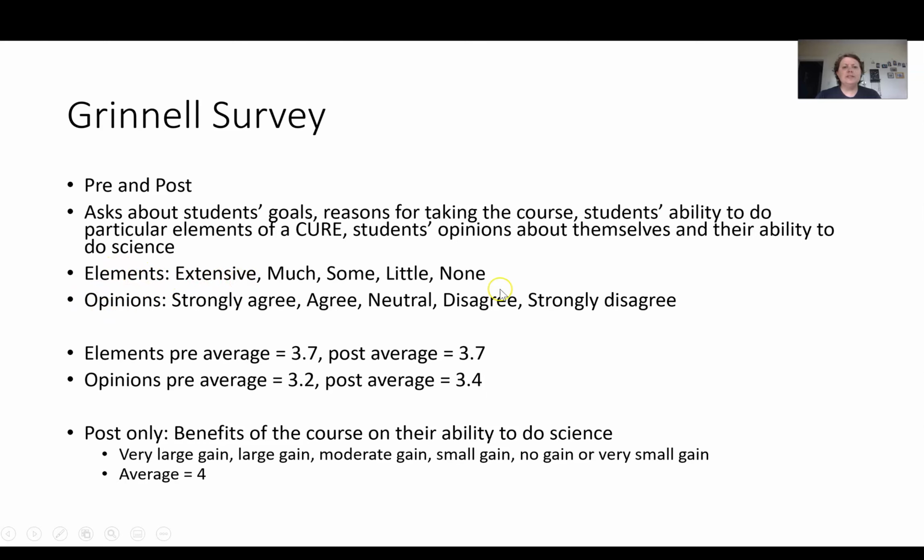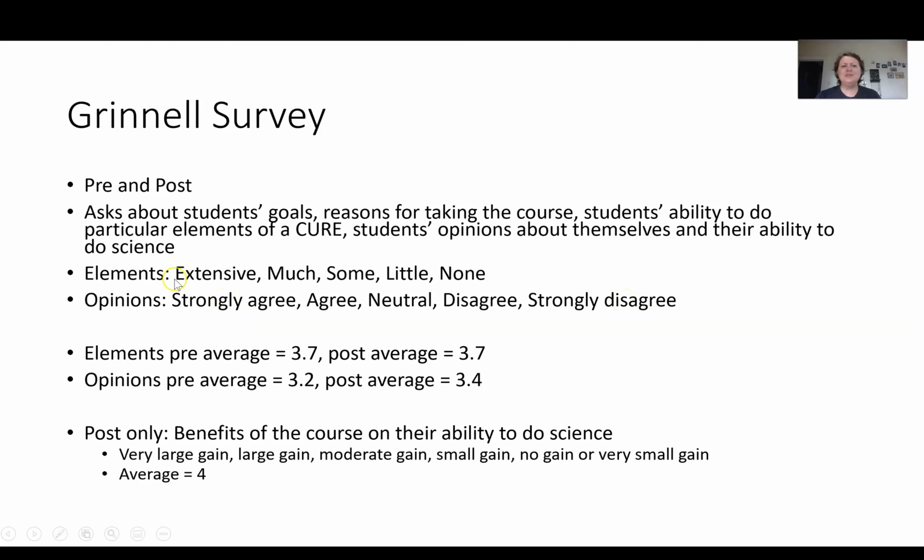Elements go from extensive to none. In other words, they have had extensive opportunity to do particular things. The opinions one goes from strongly agree to strongly disagree. And once again, to analyze these data, I turn these into numerical scores. So extensive would be 5, none would be 1, strongly agree would be 5, and strongly disagree would be,